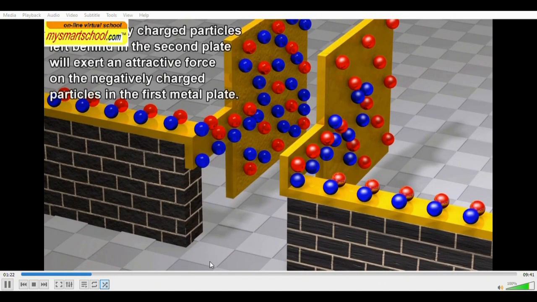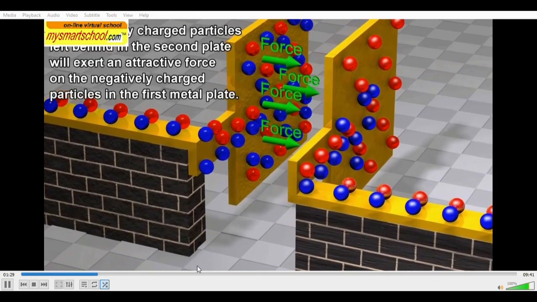The positively charged particles left behind in the second plate will exert an attractive force on the negatively charged particles in the